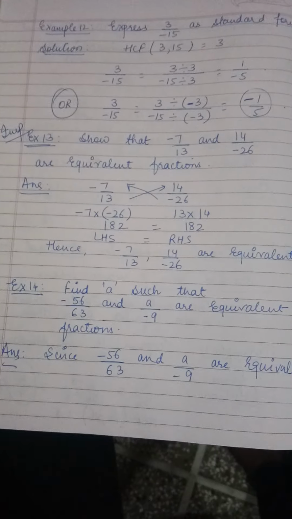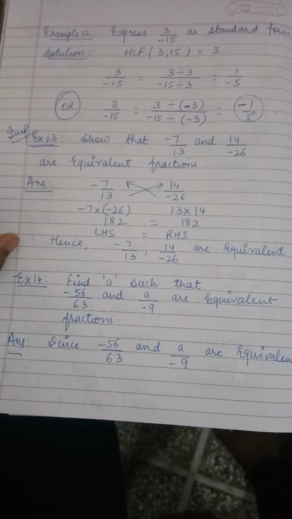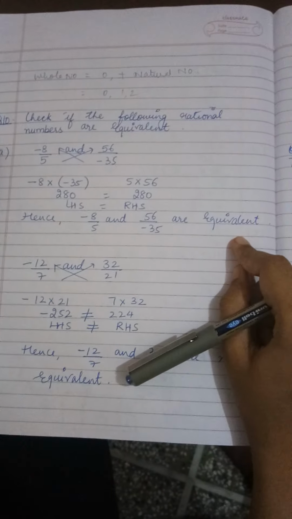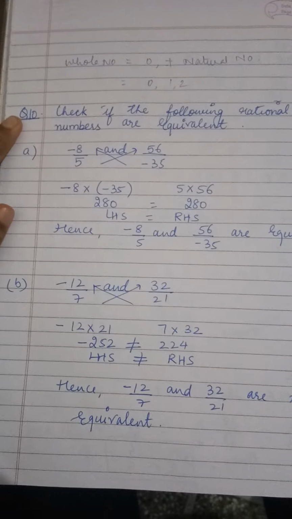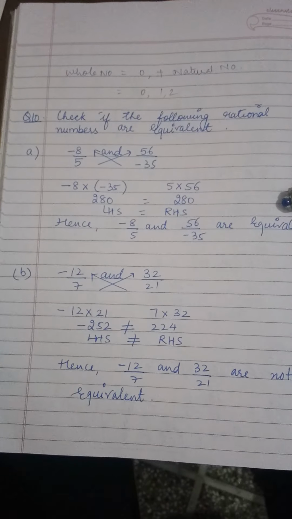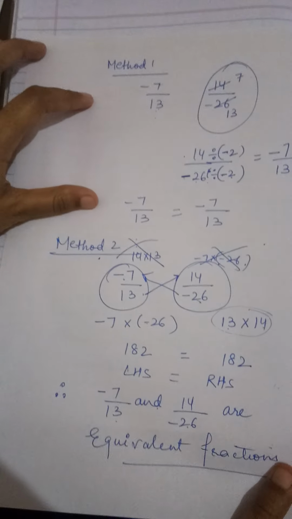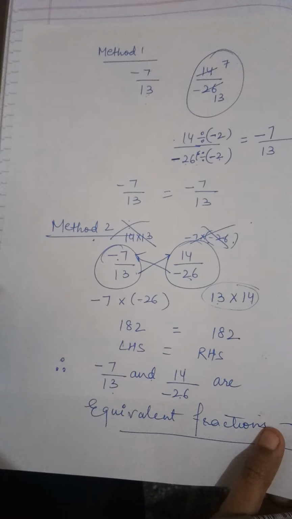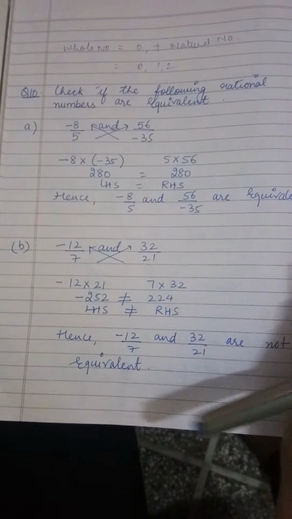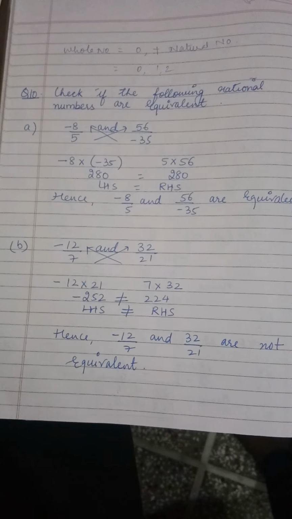Okay, now on the basis of this example 13, in exercise 3.1, question number 10 is there. In this 10th question, we have 3 parts and all are of the same concept, which I have explained to you in method 2. You can use the first one also, you can use the second also, but in your books the second method is used. So that's why I have explained this, and I have solved the questions with the second method, right?